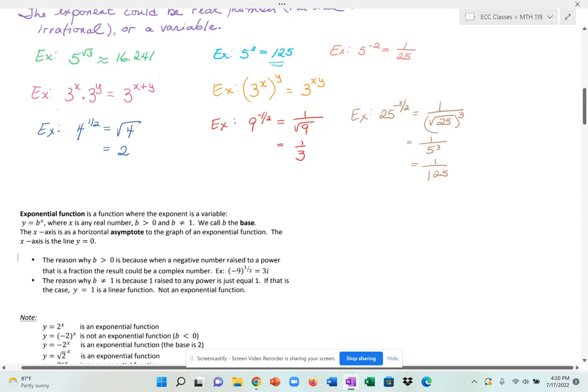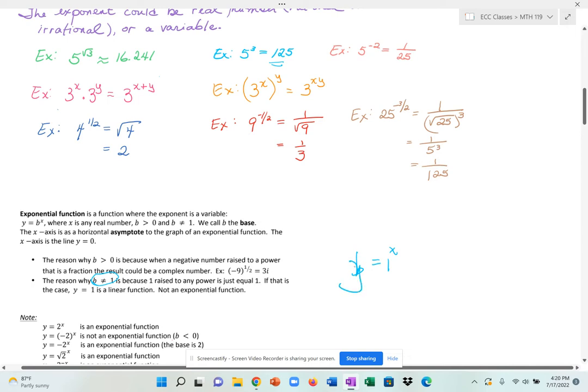So the reason why b has to be greater than 0 is because if your base was negative, then you wouldn't get a real number result for any radical. So for example, negative 9 to the 1/2, that would be the square root of negative 9, which is an imaginary number, 3i. So that's why your base has to be positive so that you end up with real number results when you evaluate it. And b cannot equal 1 because if it was equal to 1, 1 to any power,